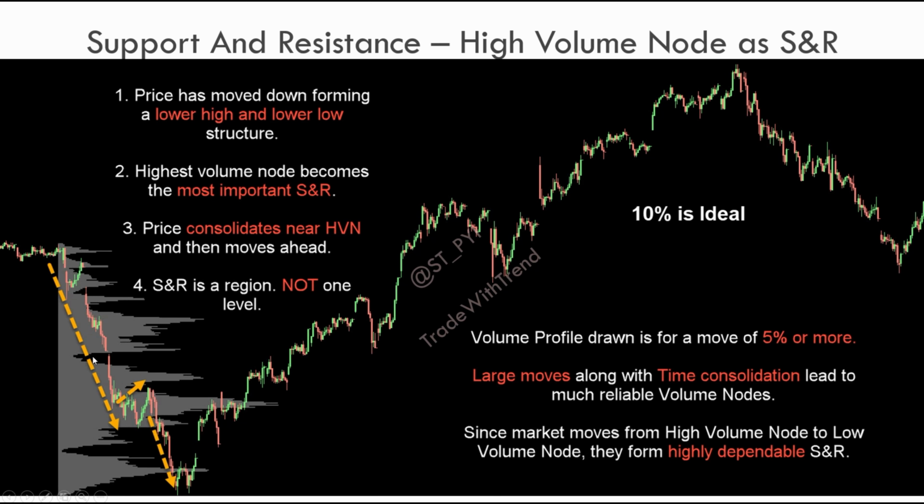So how do you choose these two swing points? Well, the move has to be at least 8 to 10%. So this move is about 10%, which is why I've chosen these two points. And once we finish with these two points, we simply plot the volume profile indicator and we get these volume distributions. I hope I'm clear.